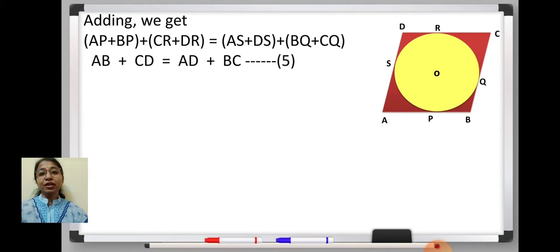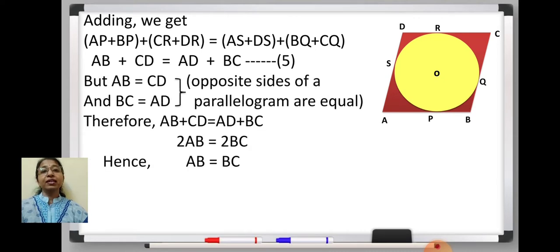Now let us make use of the given thing. What is given to you? We are given that quadrilateral ABCD is a parallelogram, and you know in a parallelogram opposite sides are equal. So AB is equal to CD and BC is equal to AD. Reason? Opposite sides of a parallelogram. Right? So in this equation 5